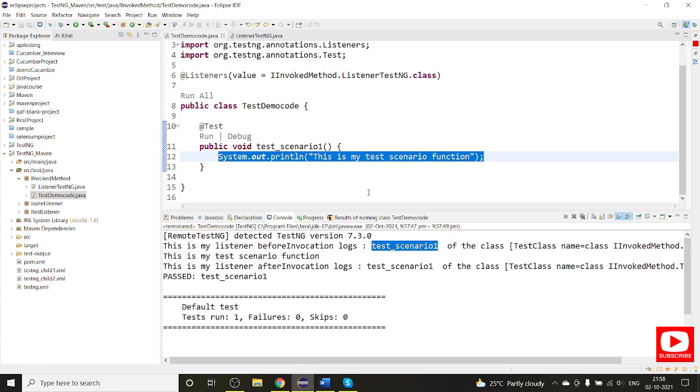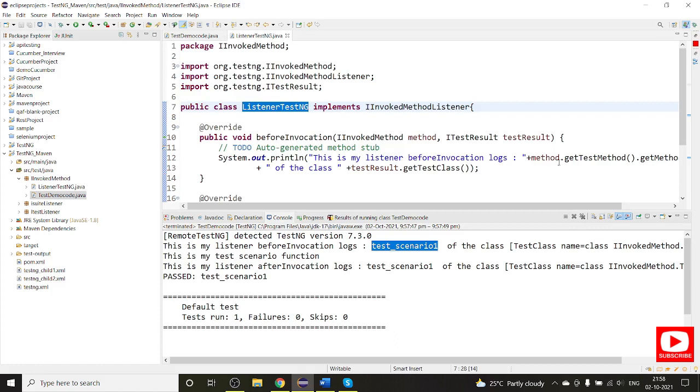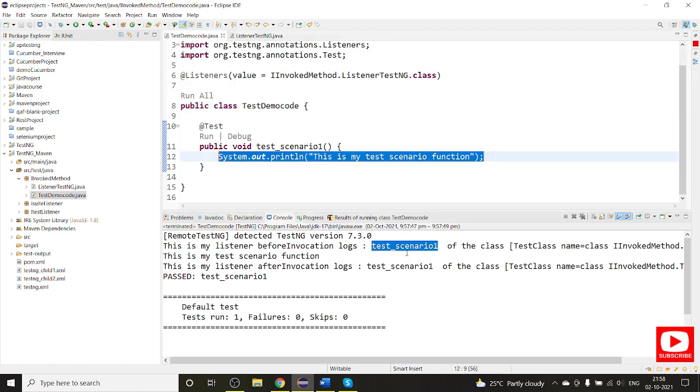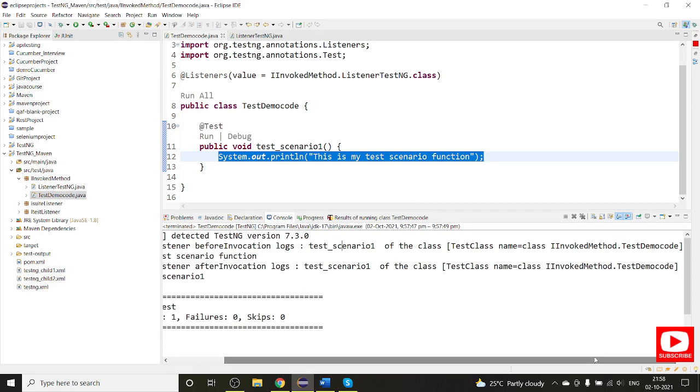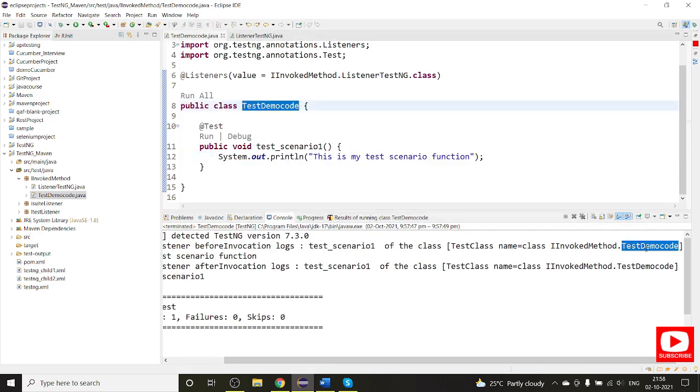This is a method name, so we have used that method name here, using method dot get method name, so that the method name appears in your logs, and then the class, which class it actually is. We are in the test demo class, so this class will be called here.